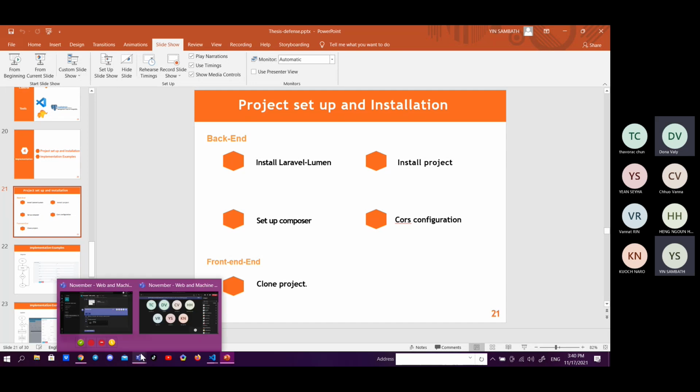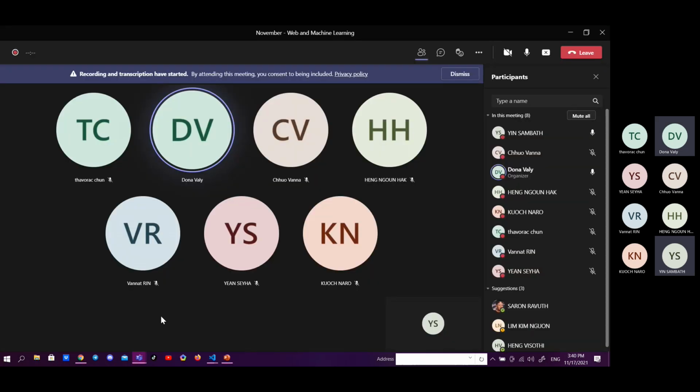For me, I want to know, because the topic of your project is internship management, but as I saw in the database schema, you only have the information of the students and of the company.